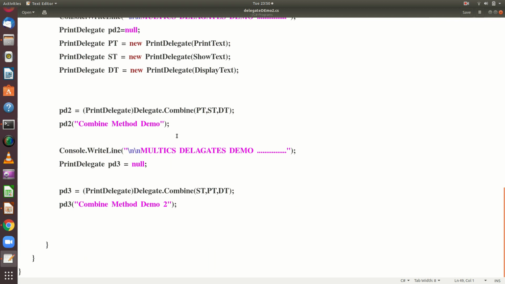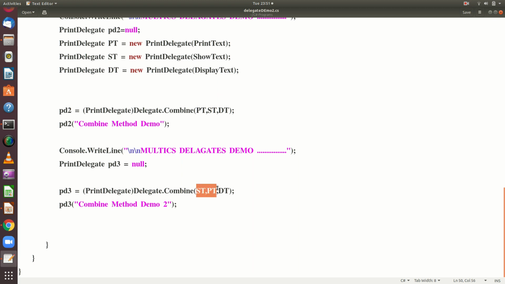One more thing that you have to observe here: when I combine the simple delegates, in whichever order you have combined, the methods will be invoked in that particular order. So the order here is print text, show text and display text. It first invokes the print text method, then the show text method, then the display text method. Whereas here I combined show text first, then print text, then display text.